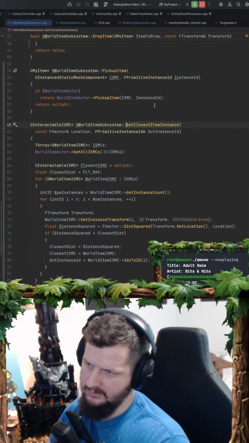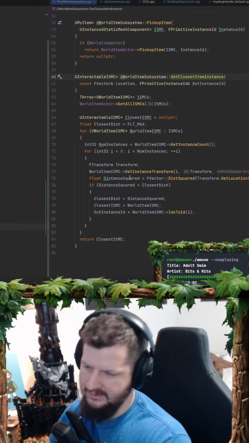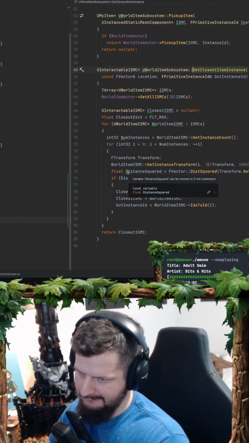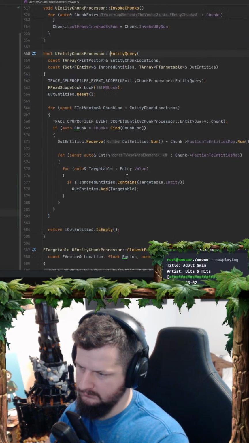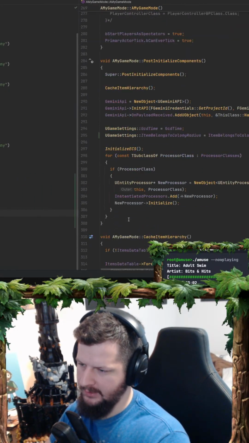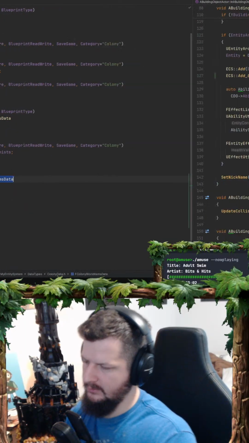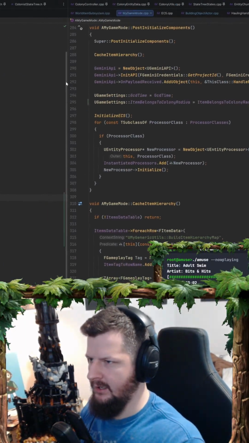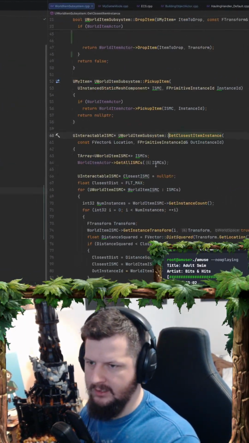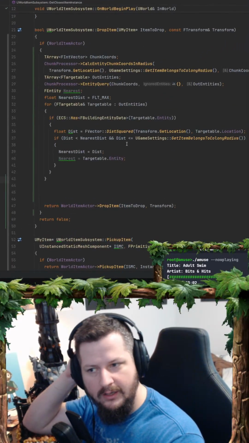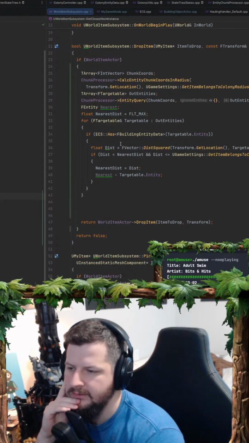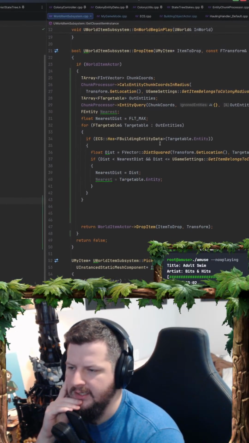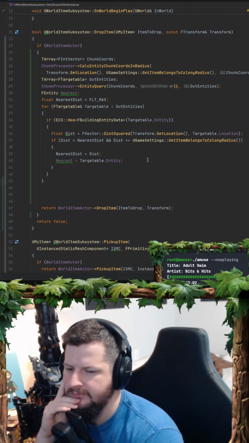So this is just iterating over all of the ISMCs. So I think what I would want to do here is grab colony world items data, and I guess just for any colony that I haven't, I'll add it to any colony. That way the first colony that gets it, right? And I guess I'm not even checking that these are the same colony at all,